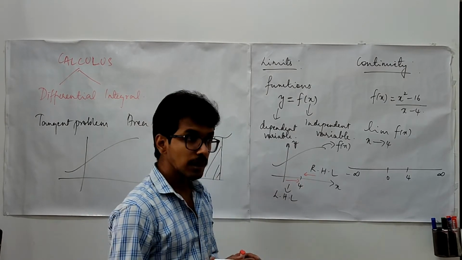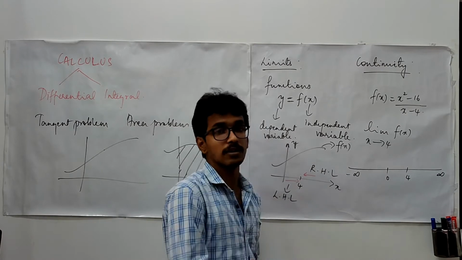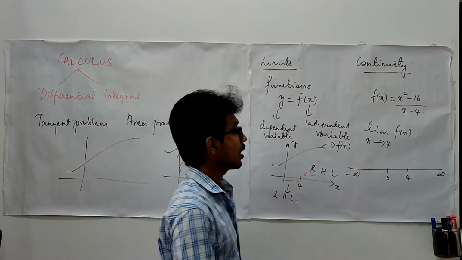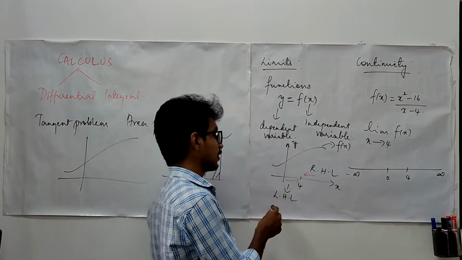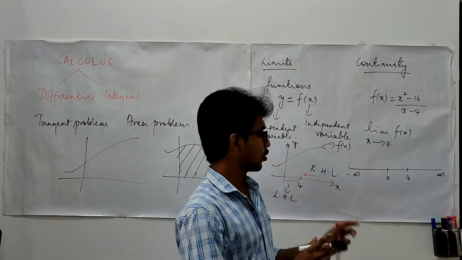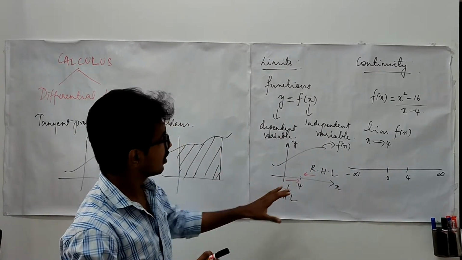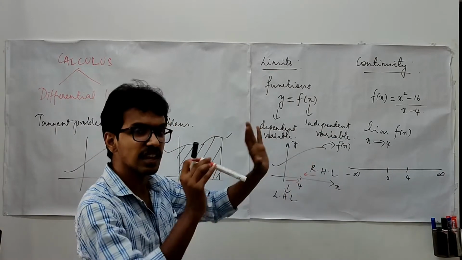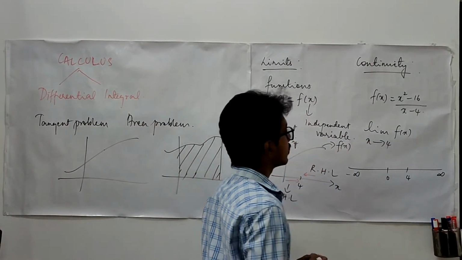Sometimes for a function these two may be different, but whenever we say the limit exists at a particular point, both left limit and right limit must be the same. Right? We have technically seen these names, but we have not seen what exactly it is, right? So